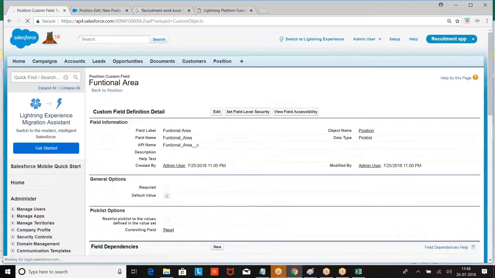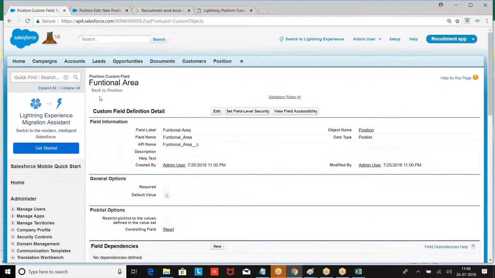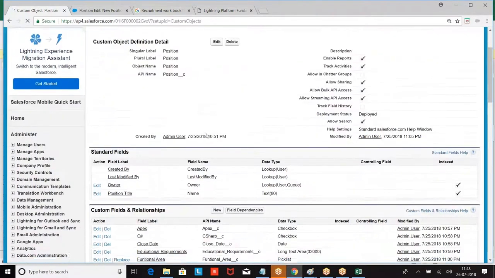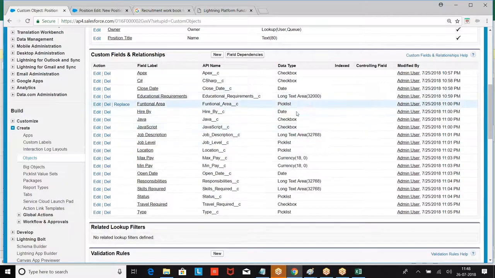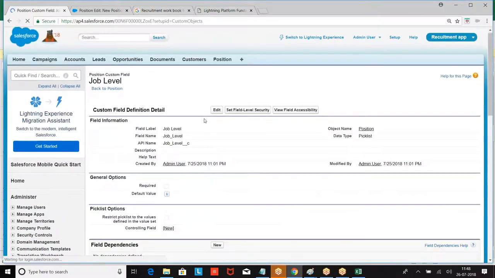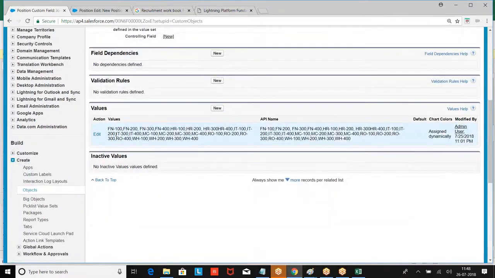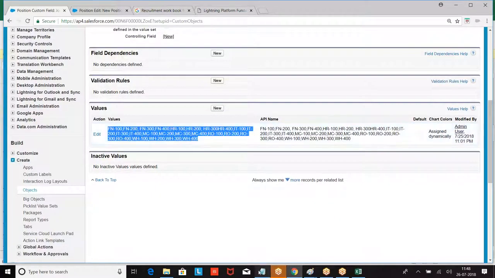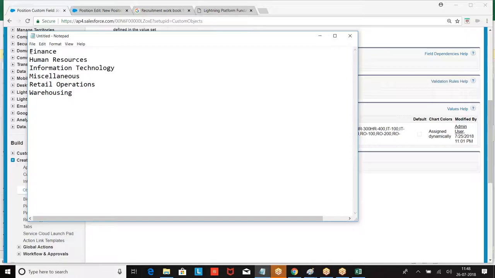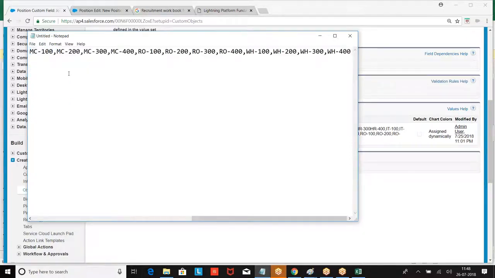So what are the other pick list fields we had? Go back to the position object. Then we had job level. Now I hope you got the mistake, right? I took it as a single line, copy-pasted the field.